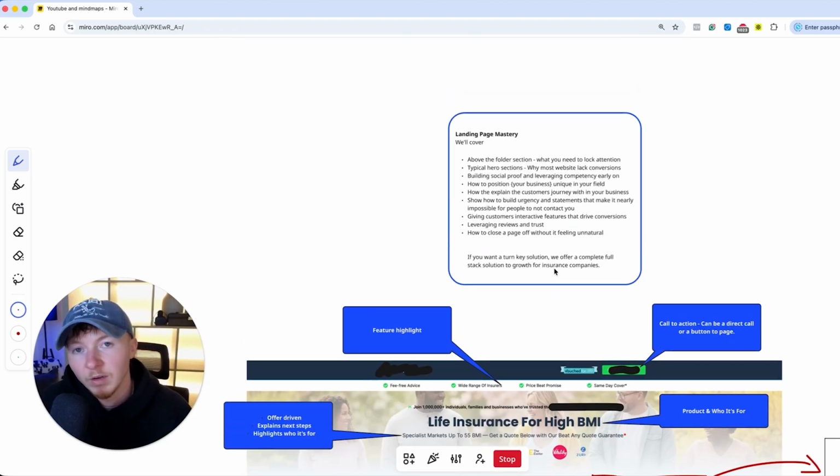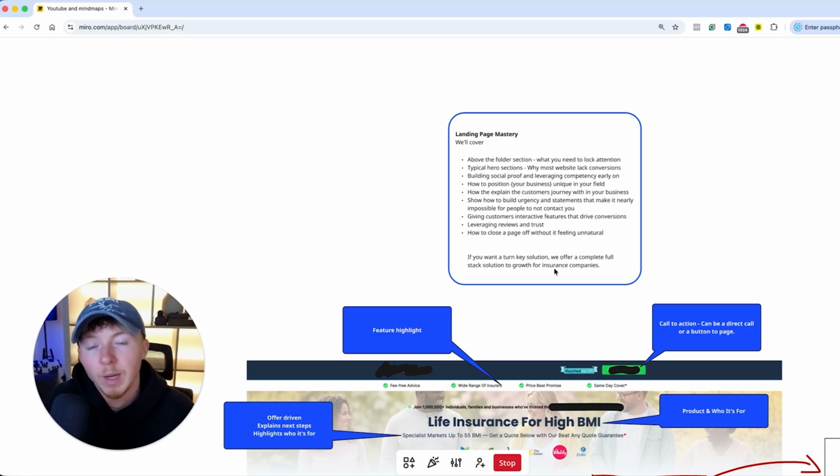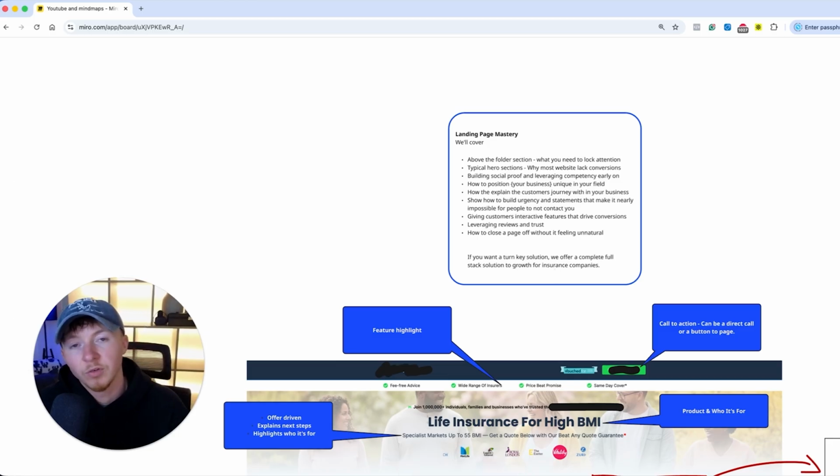How do you correctly build and frame a landing page to be able to increase intent, conversions, and turn cold